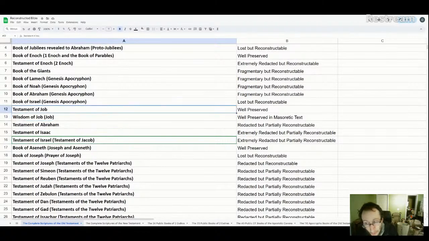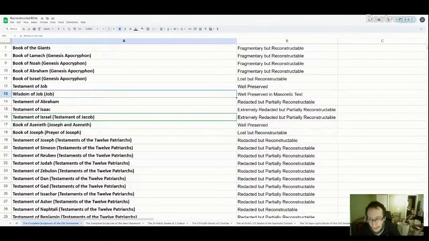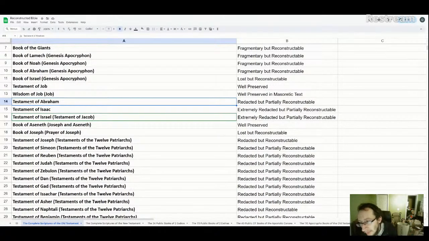In my view, the Testament of Job is authentic. It was indeed an authentic writing of Job. According to the Testament of Job, his brother wrote about Job's life. And then the Testament of Job actually tells us about the Book of Job as we have it. It tells us that the Book of Job was written. So, interesting. The Septuagint version, interestingly, endorses the Testament of Job as authentic. It actually mentions it. It says the Syriac Book of Job. And it references it in a way that clearly indicates that it's talking about the Testament of Job.